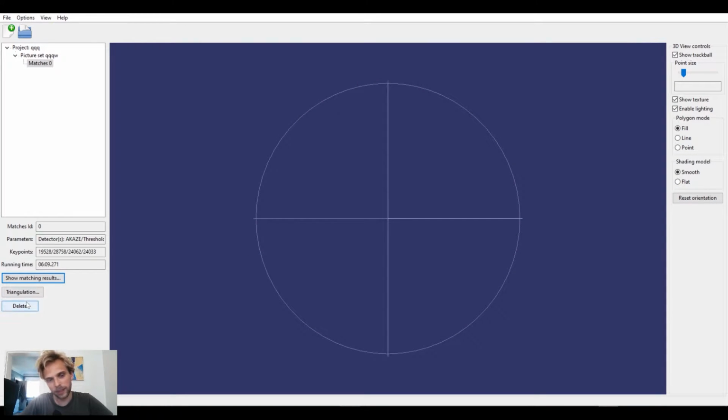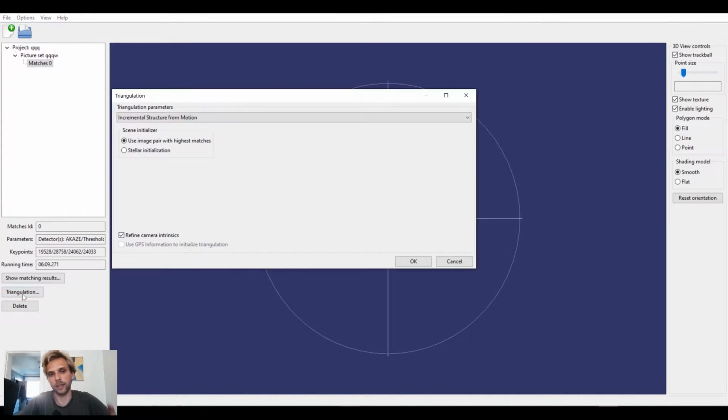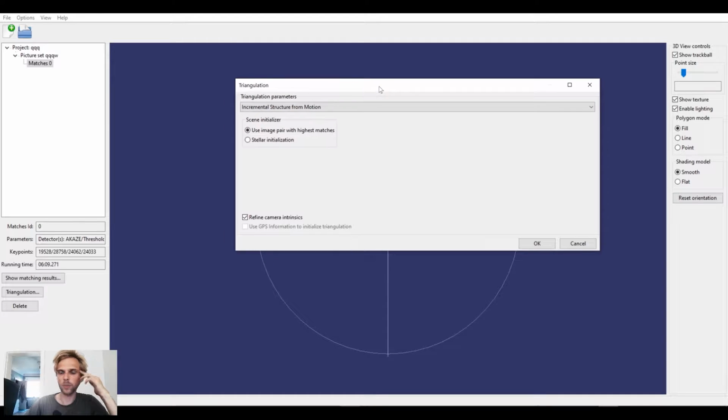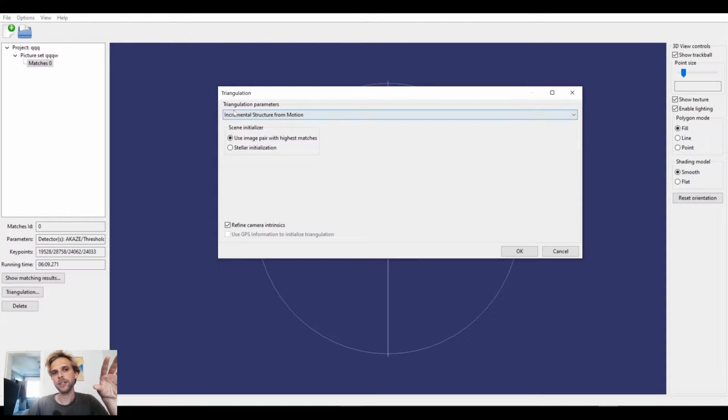But the main thing that I want to do is this triangulation, right? So I want to construct a 3D point cloud from these matches. And at this point, I should probably start showing you an already finished result, because this is going to take a little bit of time. But just while we're here, triangulation parameters,